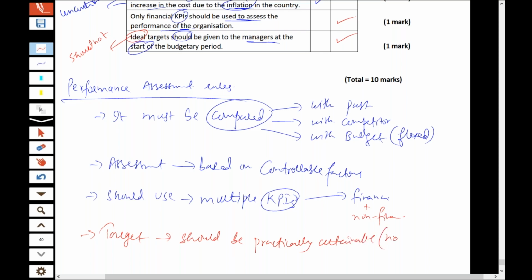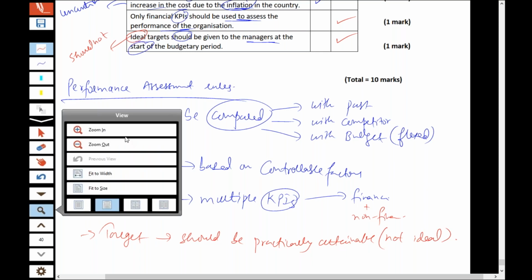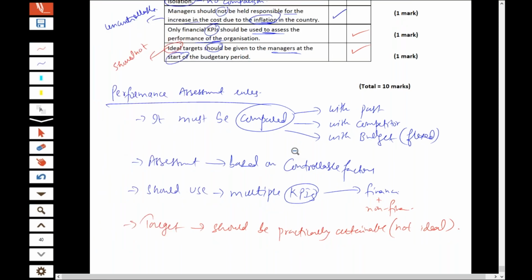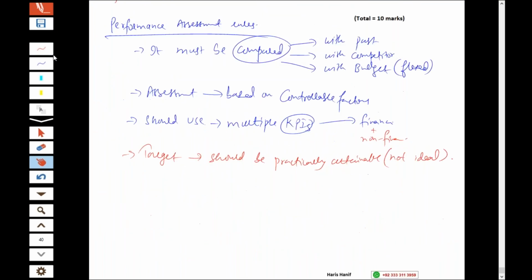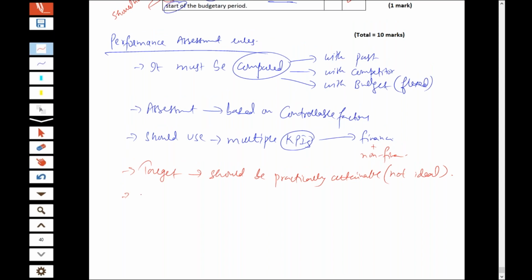Practically attainable, not ideal. Okay. So do write these statements as well, which I am writing here. And one more statement I need to write here: performance measurement should be fair. Fair assessment means one should not be blamed